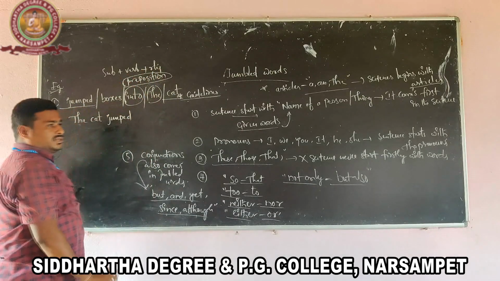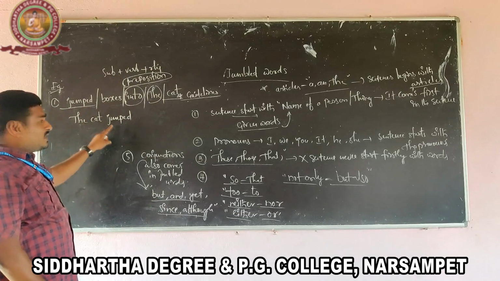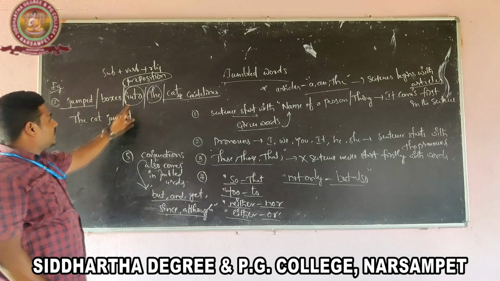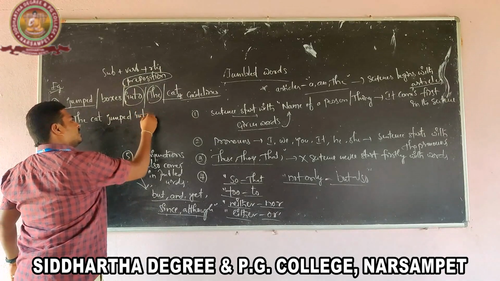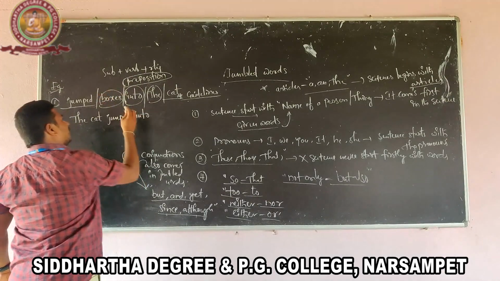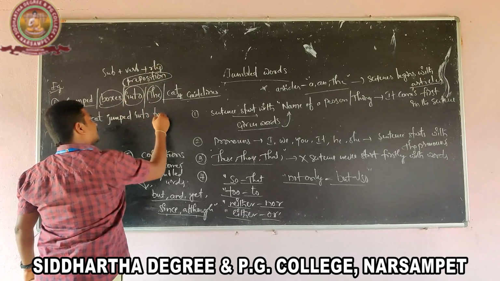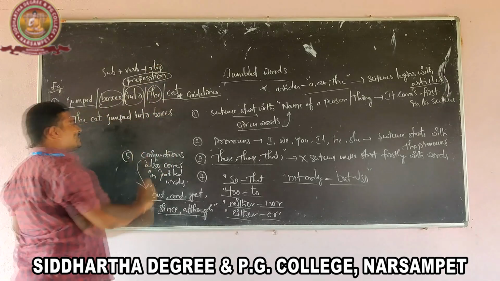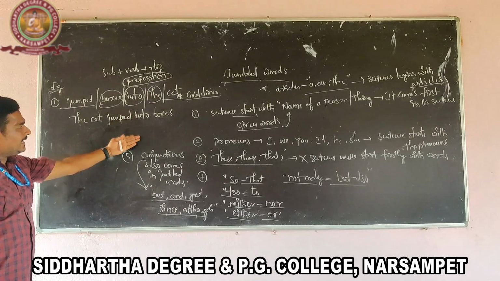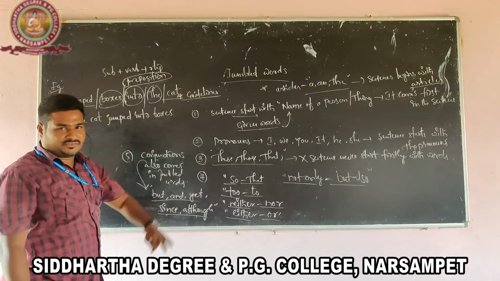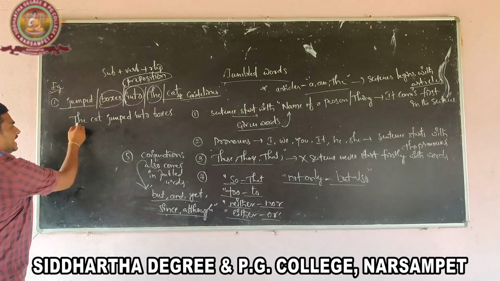Right, here there is another one, this is known as a preposition. So remember, sometimes after the functioning verb there is a possibility for prepositions to come. The cat jumped into, so the last one is the object, boxes. The cat jumped into boxes. So in this pattern, we solve the jumbled words here. Got it?